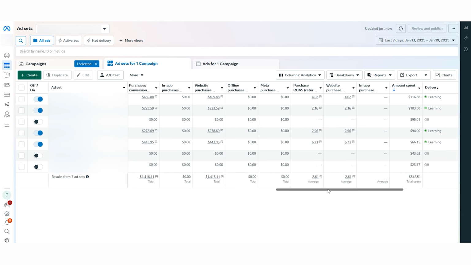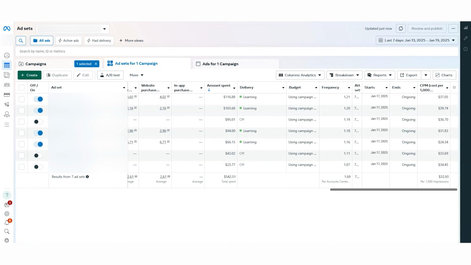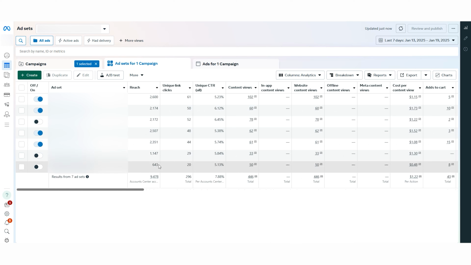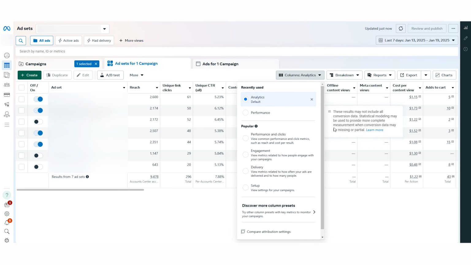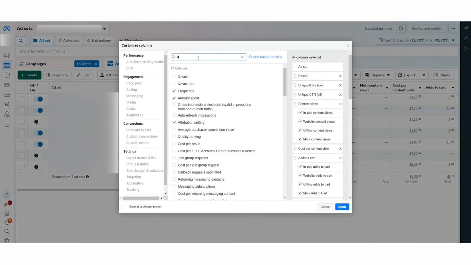Now, we are seeing here that some of those got 1 sale. Okay, so we don't expect all of these assets to actually work, but for sure we want to give them a chance. Another thing that you can do if you want to push the situation more is check CPMs and cost per click. Over here, for example, you can check the cost per click and decide if it's expensive or not. For some reason, we don't have a cost per click here, so let me add it, cost per unique click.